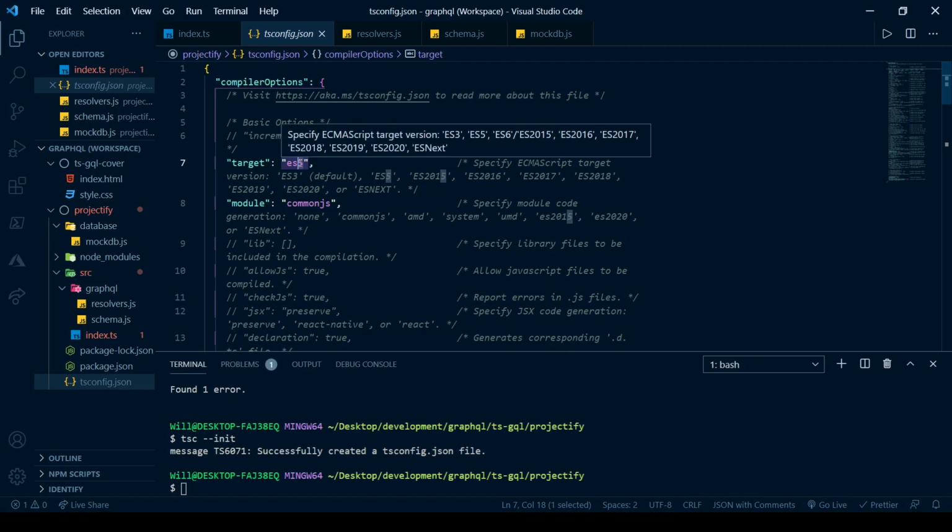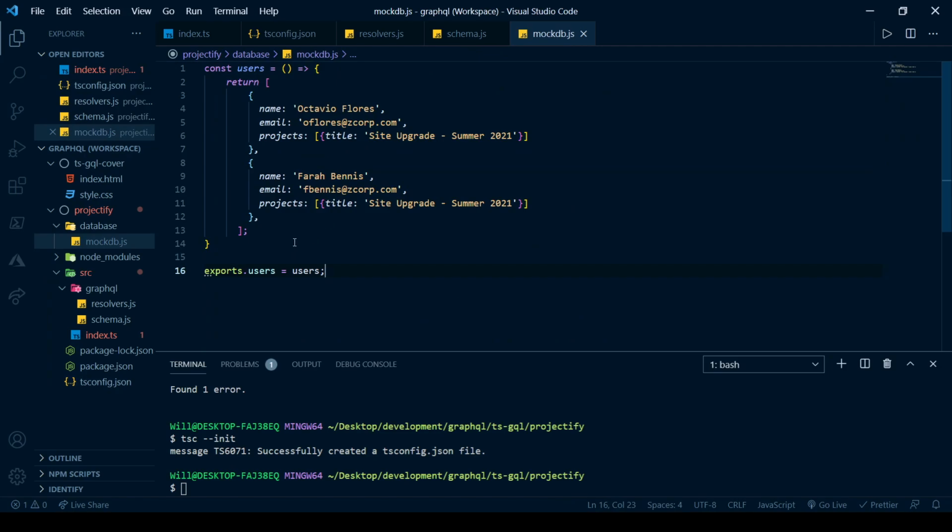Plus, if you're used to working in ES6, then you'll want to do this as soon as possible. So let's make our target ES6, right? Which means that we can go into our files, like say for example, let's go into this one here, right? Rather than doing this,